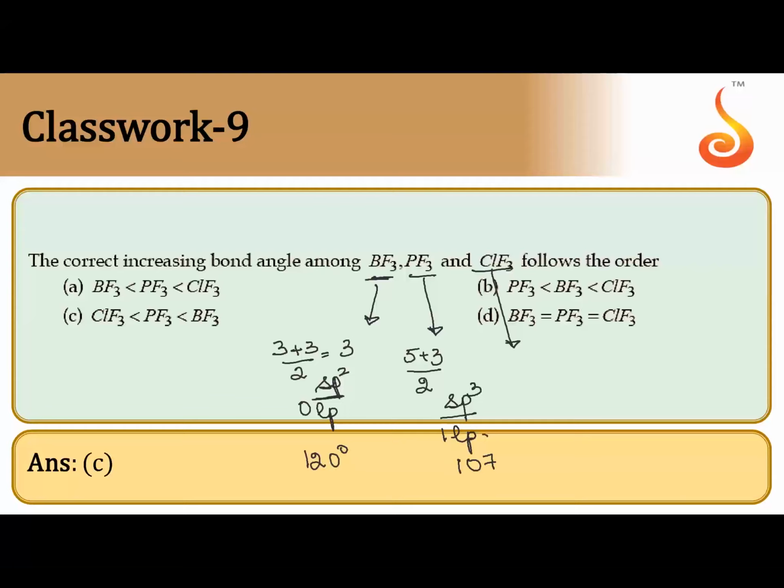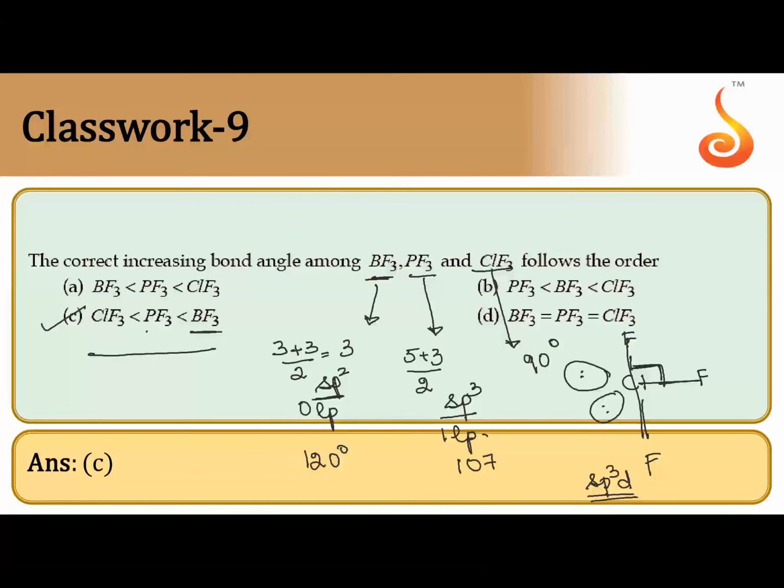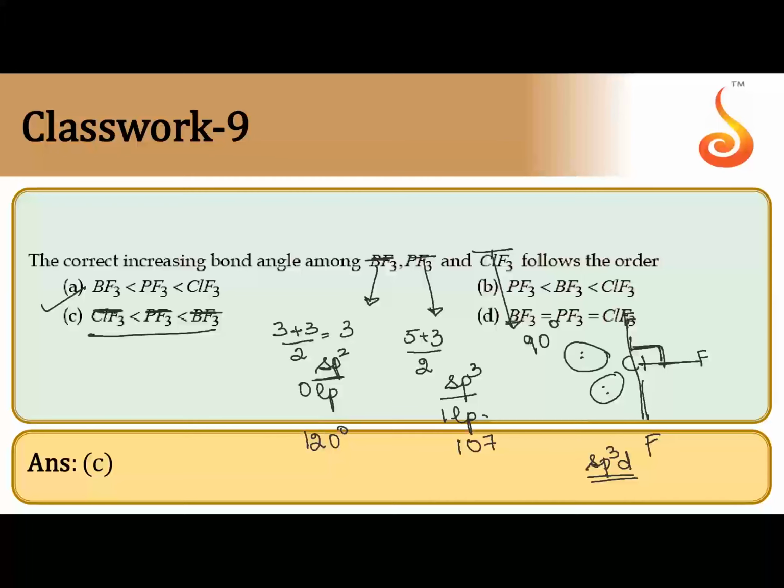Okay, what about ClF3? How to draw? In fact, ClF3 is one of the important molecules. So how do we draw? You all know that we get T shape, right? Like this. You will be getting sp3d hybridization. 5 you'll be getting as the answer. So sp3d hybridization, 2 are lone pairs. Remember, we place lone pairs in equatorial position. So you get a T shape. Now, what is this bond angle? 90 degree. Okay, so who has a higher bond angle? Is option C correct? Yes, right? BF3 120. This is approximately 107 and this is 90 degree. Clear with the question and answer?